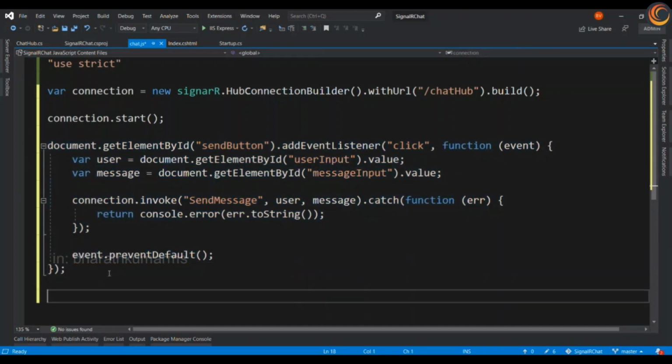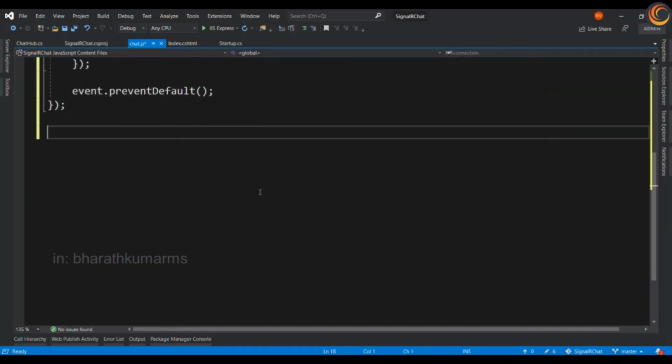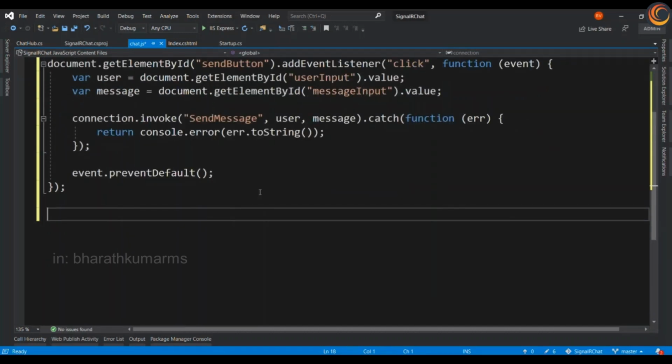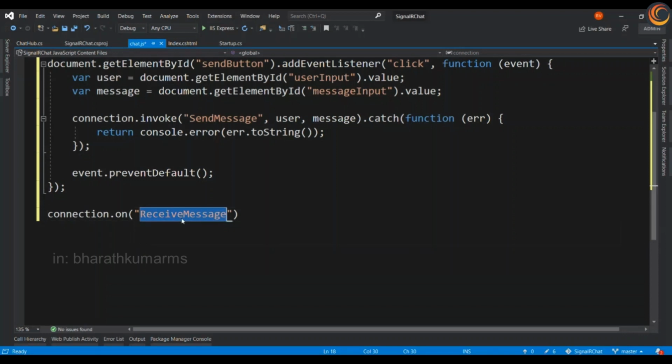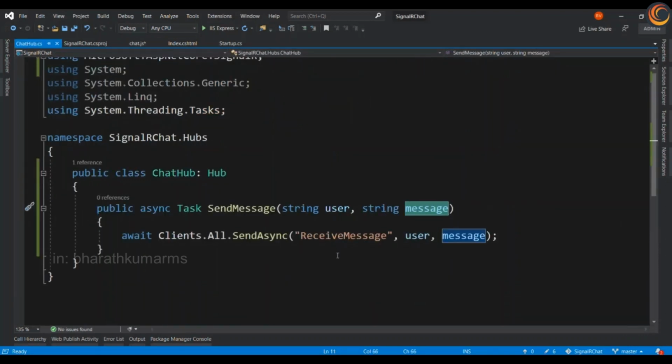Now let's see how the receive message works. So when the connection on receive message. So this is the same name that we have given in the chat hub as well.